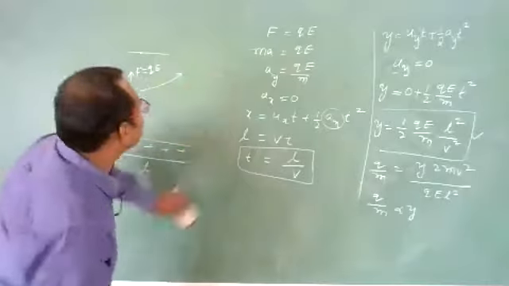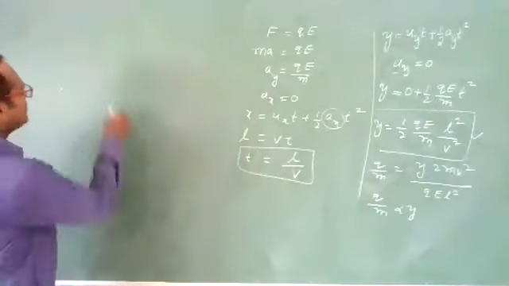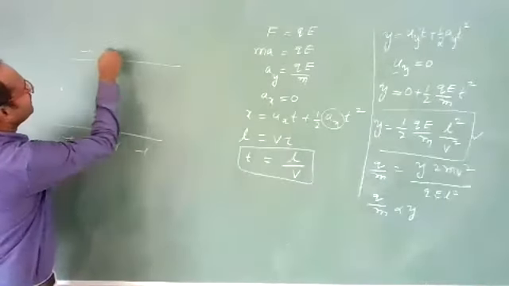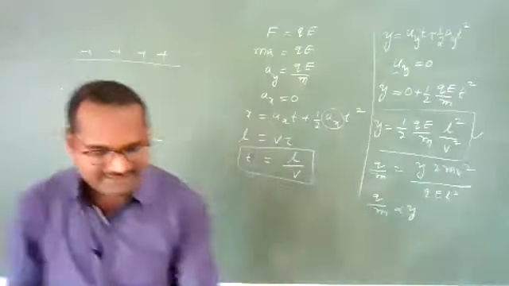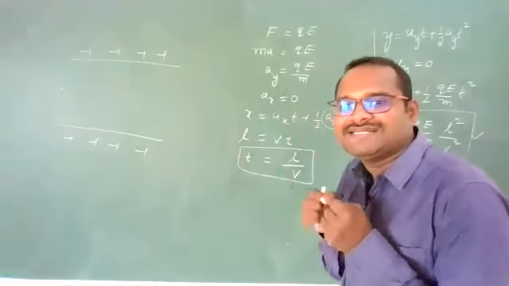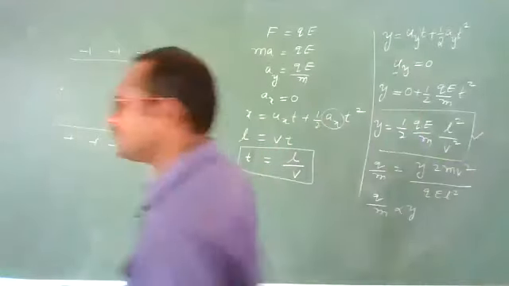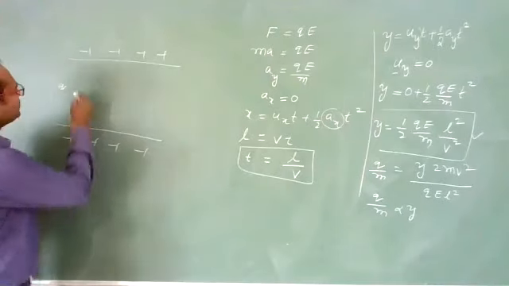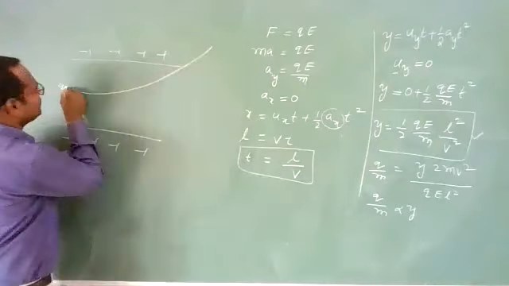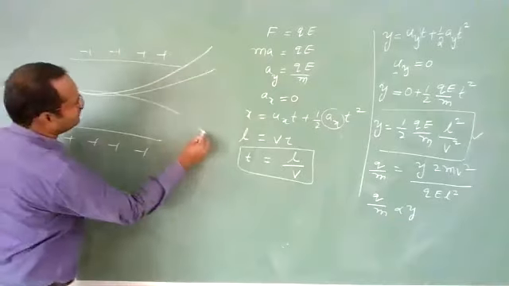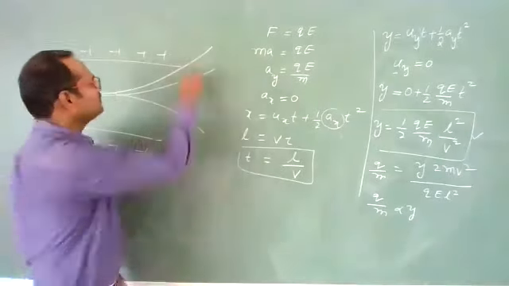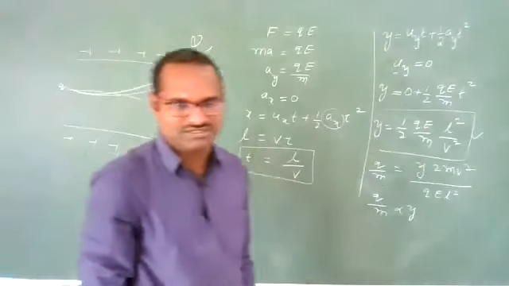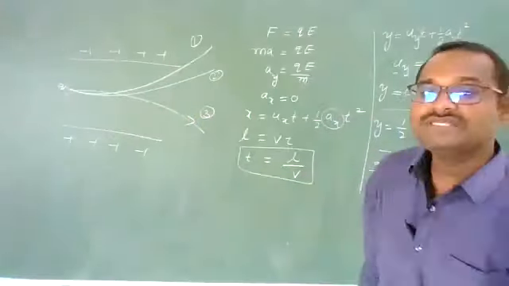Now they may ask you some objective questions. How they will ask you? See here, let us suppose an electric field is placed. Now inside that electric field, let us suppose we are sending three charges, Q1, Q2, Q3, three different charges. One charge is moving like this, another charge is moving like this, another charge is moving like this. This first charge, this second charge, this third charge. Now among these three charges, 1, 2, 3, which charge will have